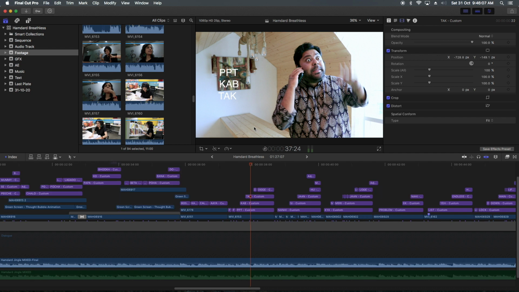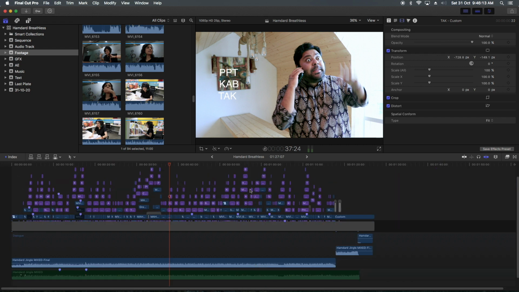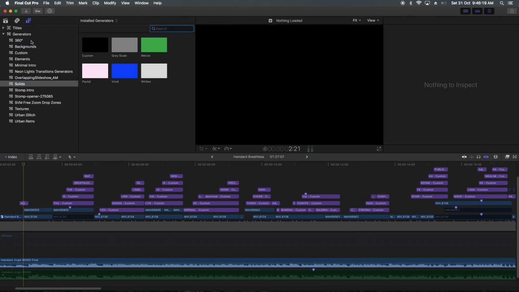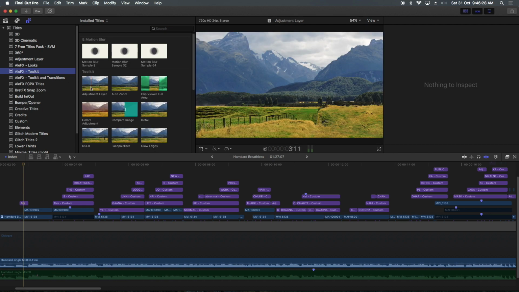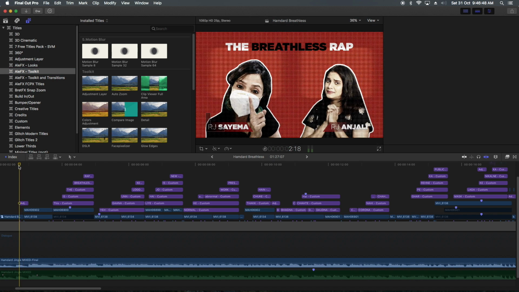हाँ देखें, so this is how the timeline looks. उस वीडियो का ये timeline था इस तरीके से. Then there is another option in this title track. If I go to toolkit, I will find adjustment layer inside this toolkit, and this adjustment layer is very useful to us, the one which Sahil was talking about earlier. He asked whether we can even use filters on that adjustment layer. Yes, definitely, and I even used it.